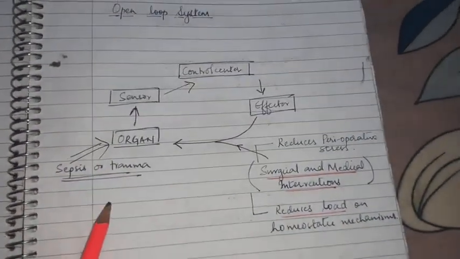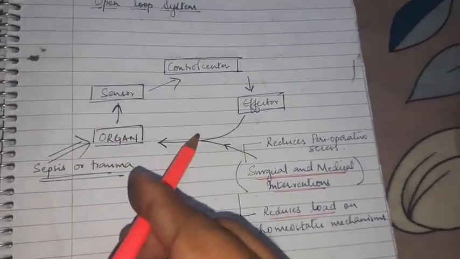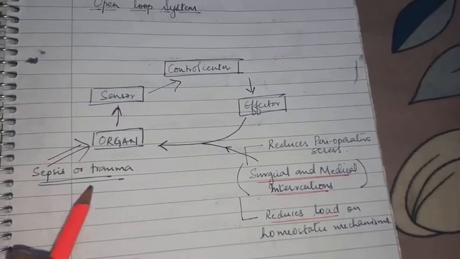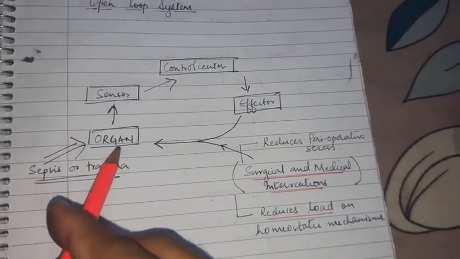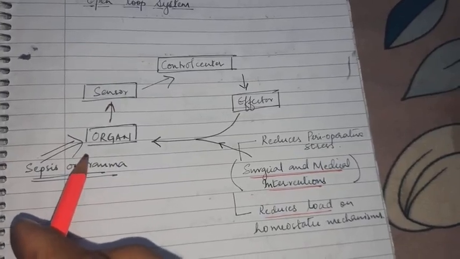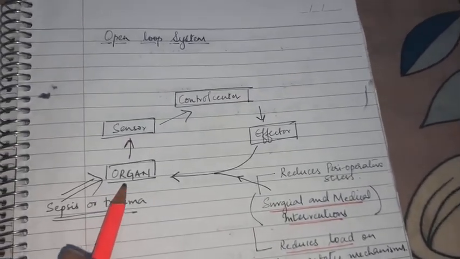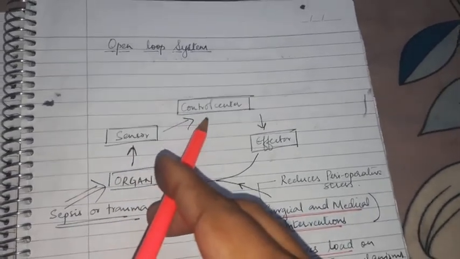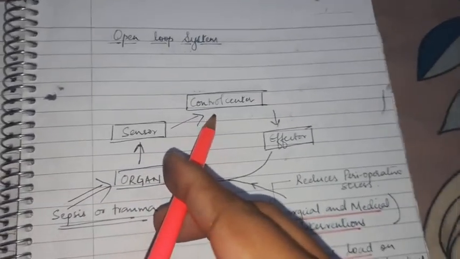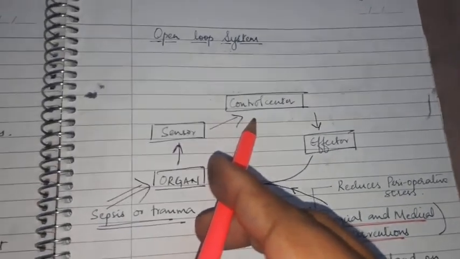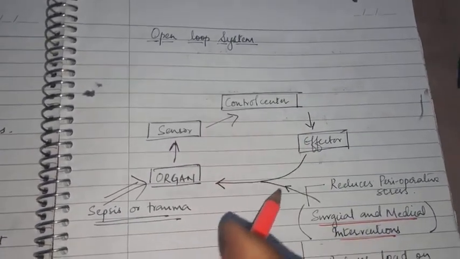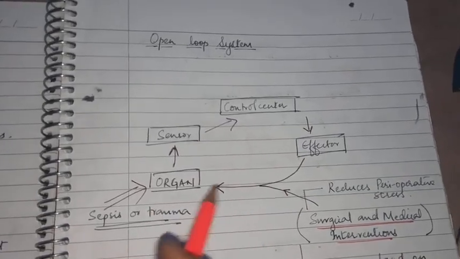So next is the open loop system. In the open loop system, everything remains the same except that the sepsis or trauma is the stimulus for organ distress, okay, for metabolic distress. So this organ again sends the sensor, senses the distress, sends the stimulus, the signal, to the control center. Control center again stimulates the effector, which again stimulates the organ. But here,